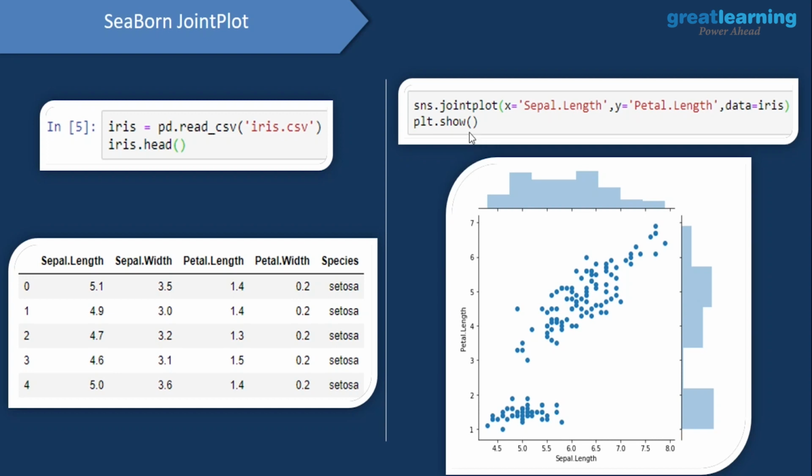So for scatter plot, we just use the scatter plot method. For joint plot, it's just that we have to use this particular method. We are passing in the same columns. Now, when it came to scatter plot, we had only this particular part. But when it comes to joint plot, here what you see for sepal length, you would have the histogram of the sepal length column as well. Similarly, for petal length, you will have the histogram for petal length column as well. So this is an interesting point about joint plot.